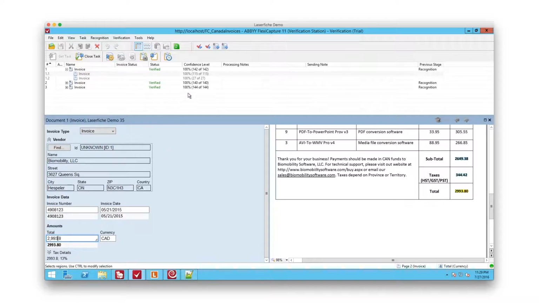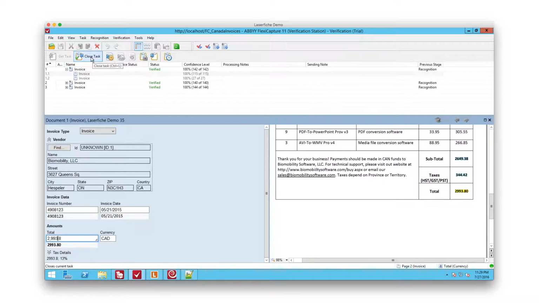We can see that the confidence level here was 100% for all of the invoices. So in that case we probably wouldn't need to do verification. This task would only ever be done if there is some kind of discrepancy or the confidence level is below a certain threshold. So now we'll click on Close Task and move on to the next stage of the